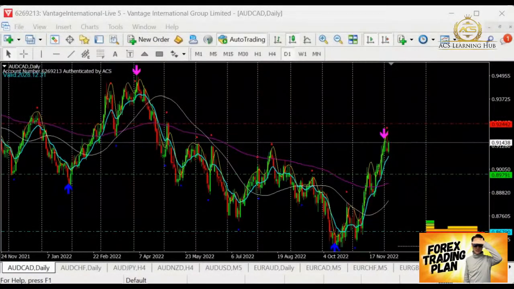Right, so over here, let's take a look. Aussie CAD. What do we have for Aussie CAD today? Well, Aussie CAD, we are still in the bull, so currently we are still moving towards the north, and tentatively, buyers, you can take note, but for sellers, we have to stay away.